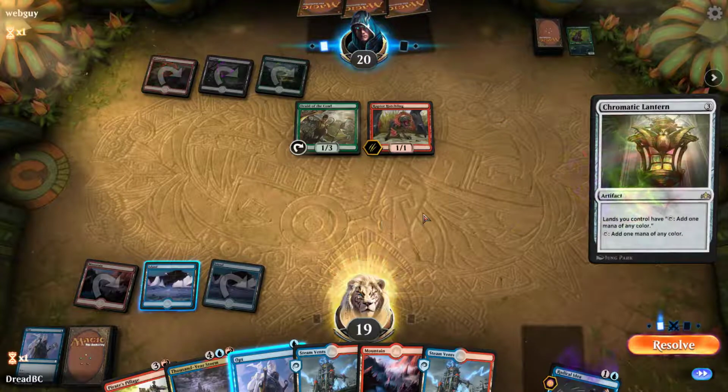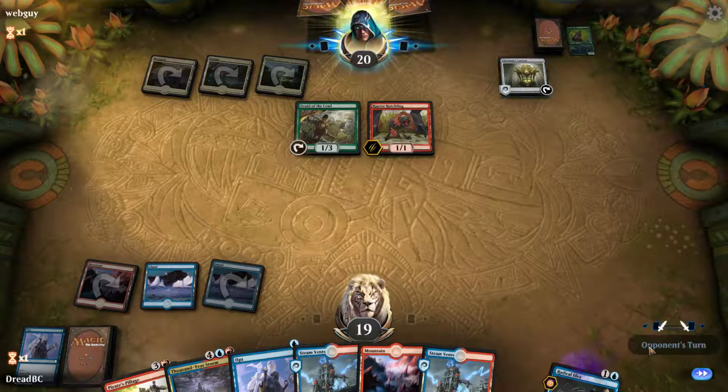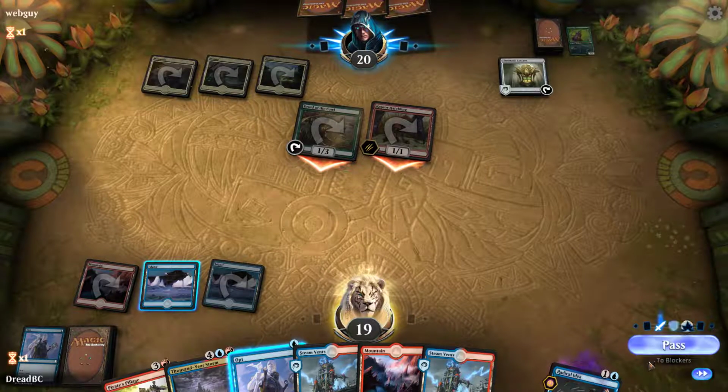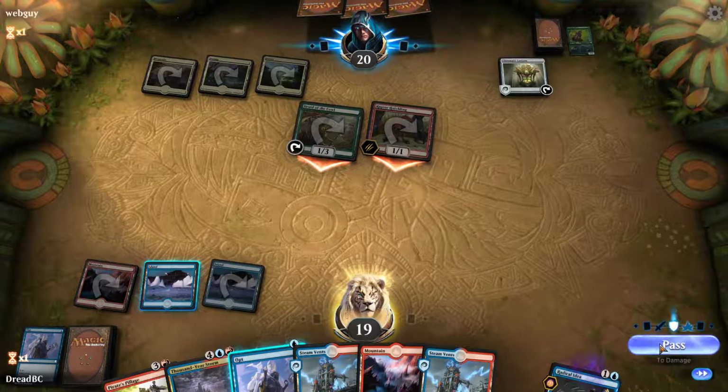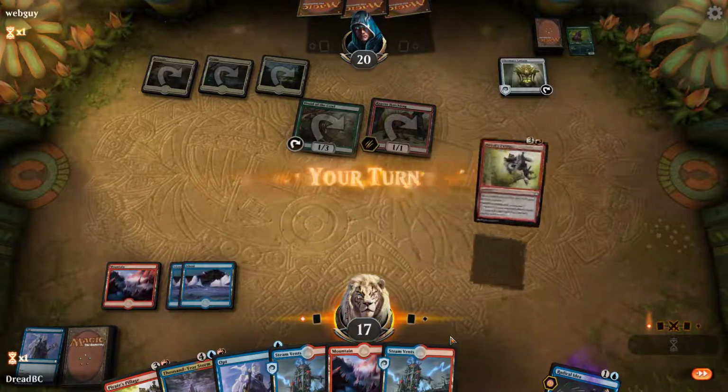Ooh, he has a Jund deck. Ooh, he might actually be more than that. This is a Chromatic Lantern that we're seeing. That means all of his lands are now gold. I love the way it does that. It changes the borders completely. Alright. Well, that does open...